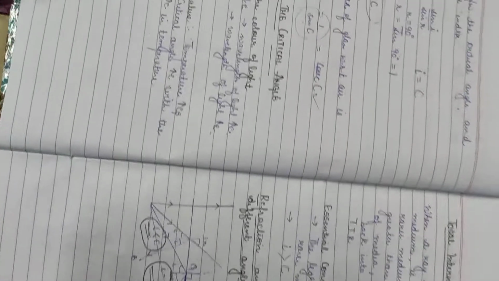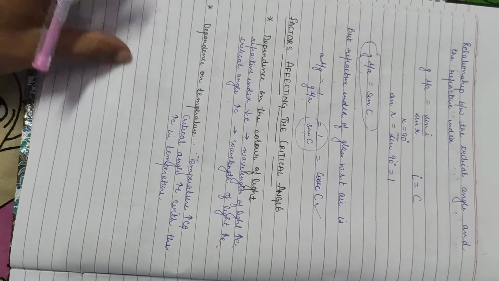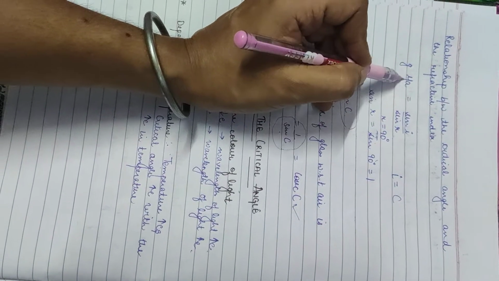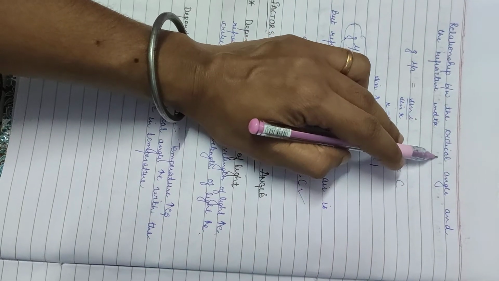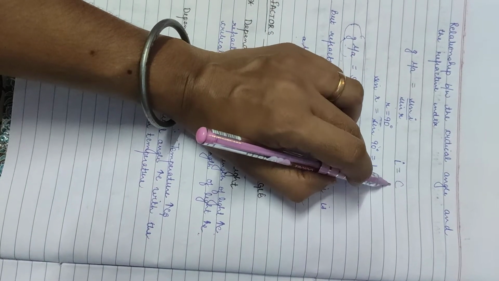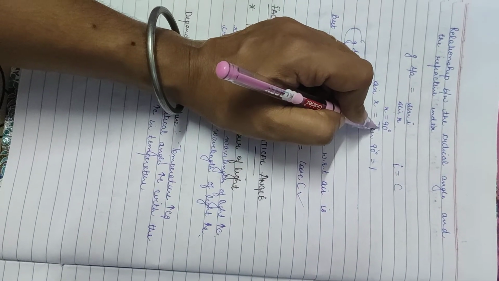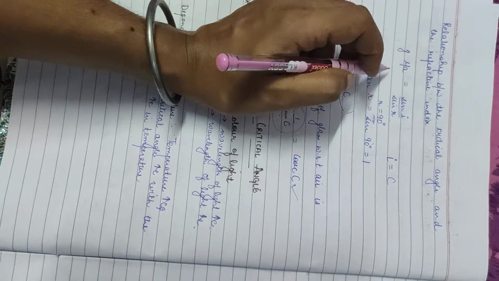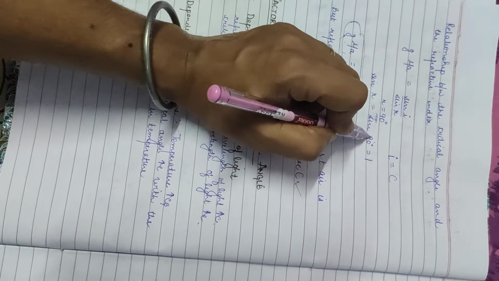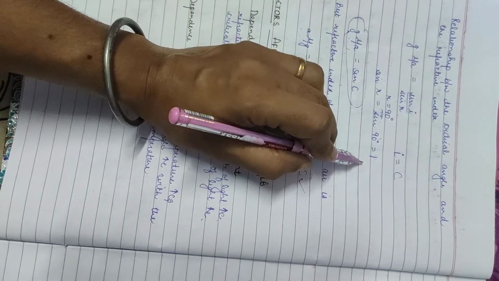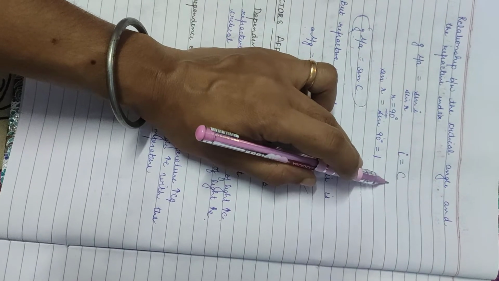Clear? So now the next part here is the relationship between critical angle and refractive index. We know this relationship, mu a g, that is sin I upon sin r. Now we are talking about critical angle, so it means angle I is equal to angle C. And if angle I is equal to angle C, angle R is equal to what? 90 degrees. Okay, we have done that the refracted ray makes a 90-degree angle with the normal. So here we have sin R is equal to sin 90, which is equal to 1. And this angle I is equal to angle C.